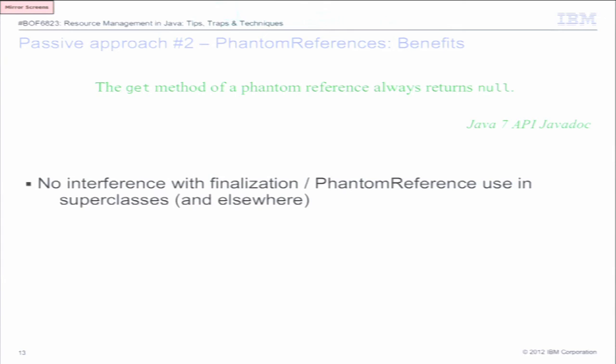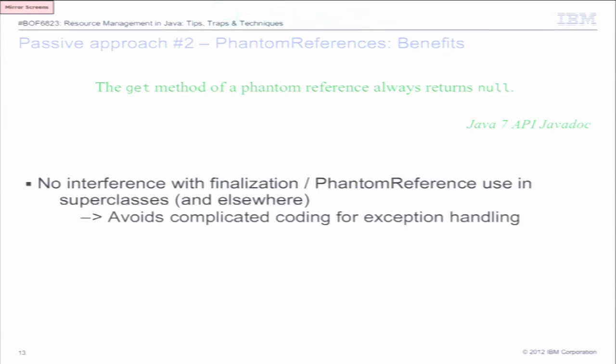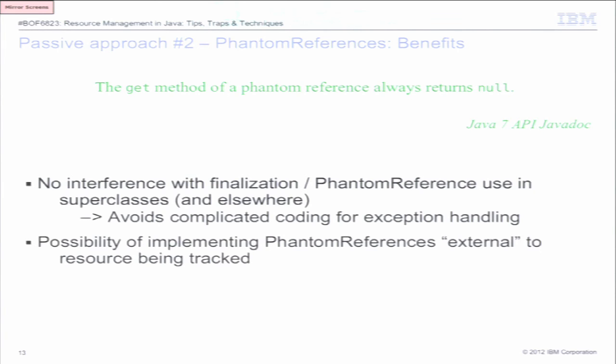Because an object could be tracked in a number of different places by a number of phantom reference objects, all with their own particular purposes, the kind of interaction, remembering that you have to call a method on your superclass and deal with any exceptions which might happen in the cleanup associated with your superclass, is something that doesn't interfere with your coding using the phantom reference. So it avoids all that complicated coding for exception handling,